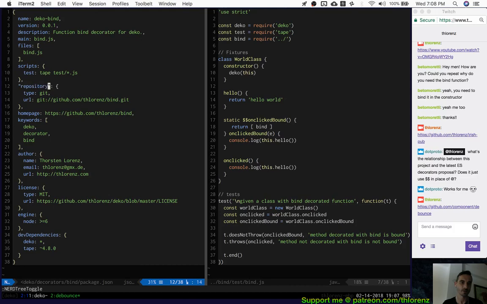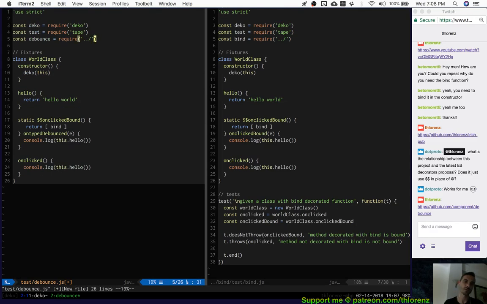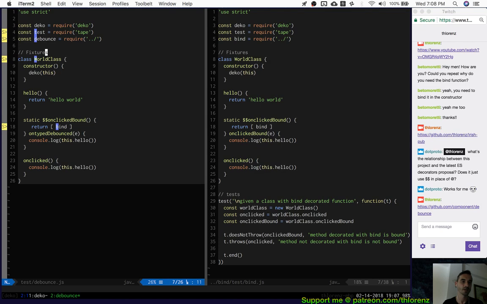Right, because it's all in the same repo. So there you go. So now we basically have debounce here, and that's how it works in the test, right? If you just go one up, it finds the package JSON. Package JSON tells it where the actual file is. So cool. So now what we need to do is put a debounce here